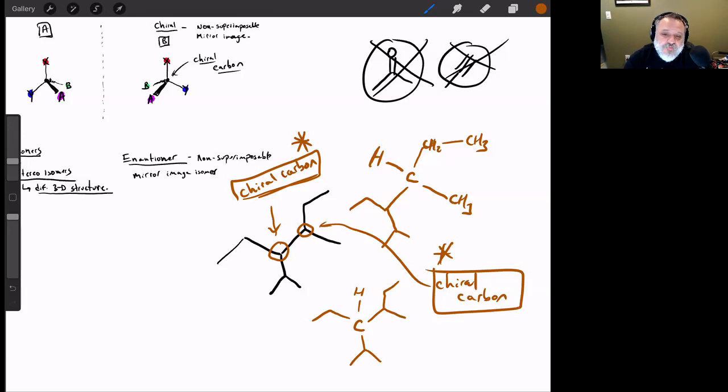We're going to describe them using Latin words that stand for left and right. We're going to use R and S as the signifiers for each configuration of a chiral carbon. A chiral carbon can be either R or S, and the Latin words are sinister and rectus, I believe is the R one. And so rectus means right, sinister means left,